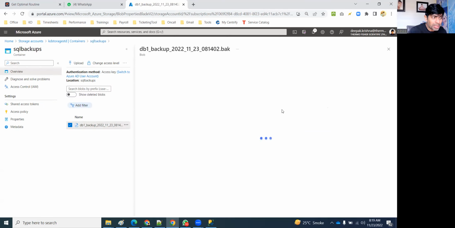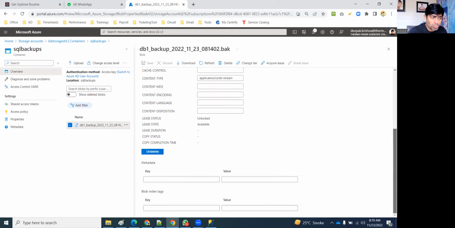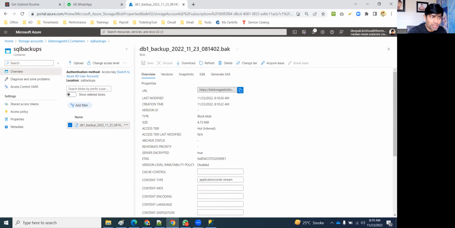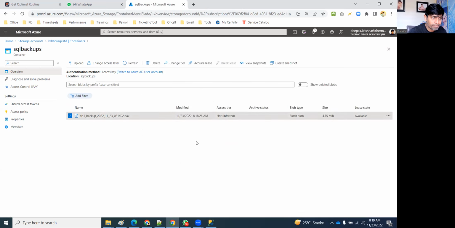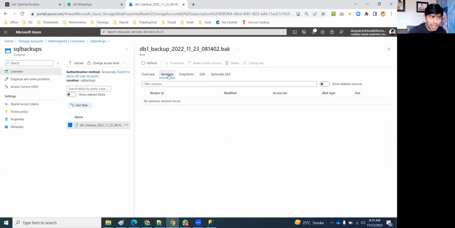Okay, let's go to properties of the file. What is the block size? No, it's not available here, sir. Where can we check the block size, do you think? Properties is one option. You can definitely look at it. In properties, there are other tabs also.